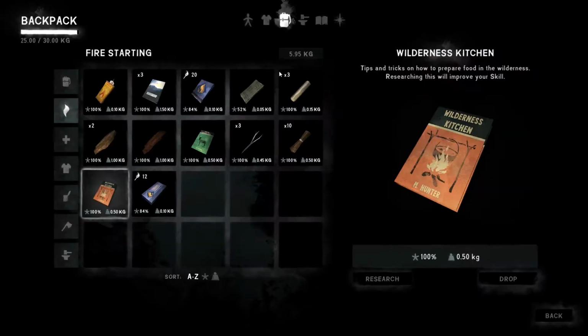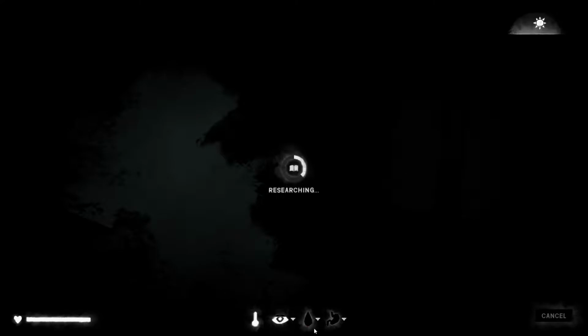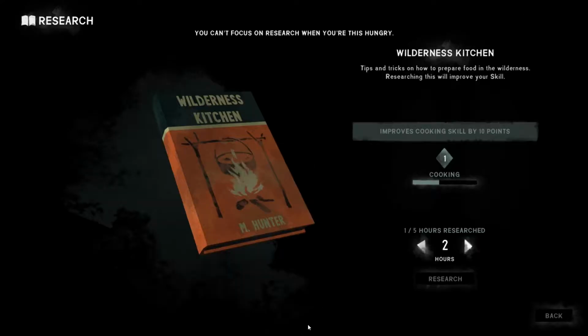So what we are going to do is read through some of these. You can only research them in daylight, and it basically takes time. So it's going to improve our cooking skills by 10 points if we research this book completely. It's going to take 5 hours to do it. I'm just going to research 2 hours because I know I'm a bit thirsty, so I don't...